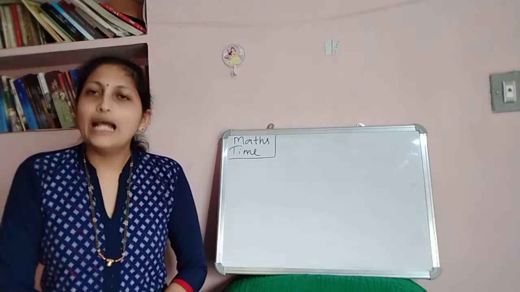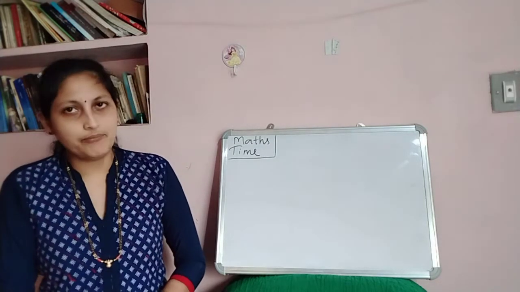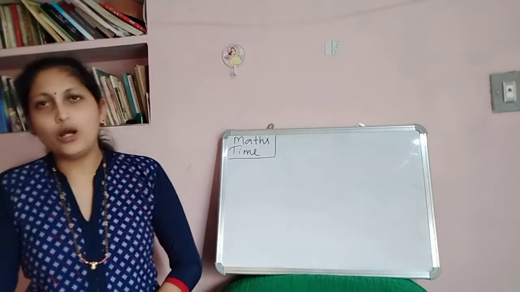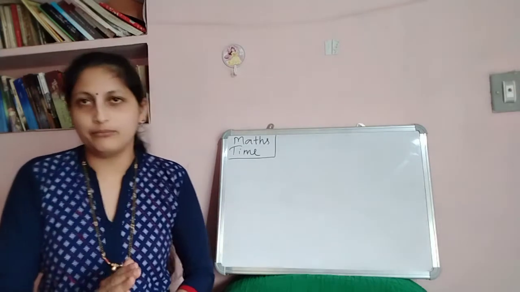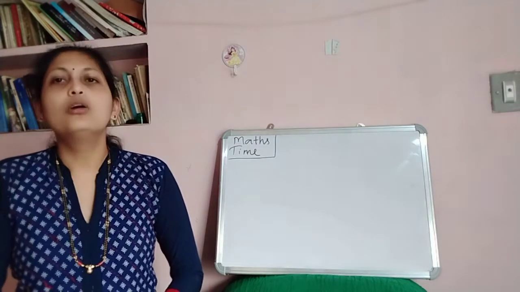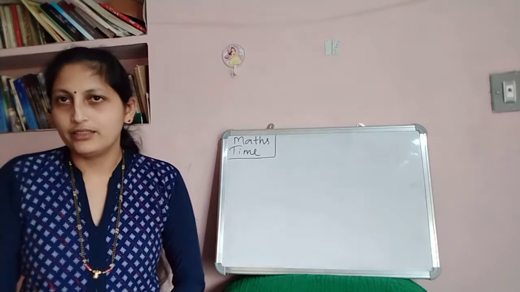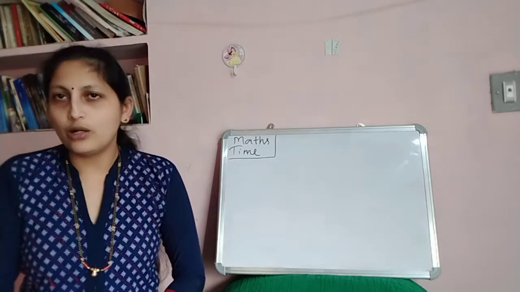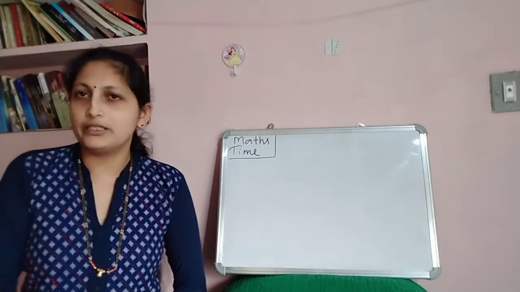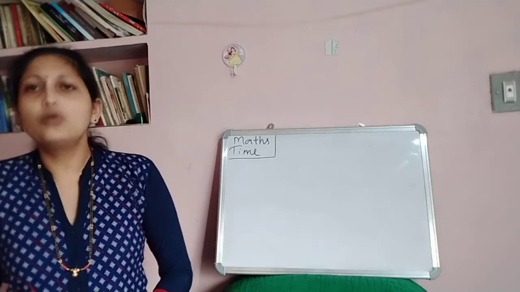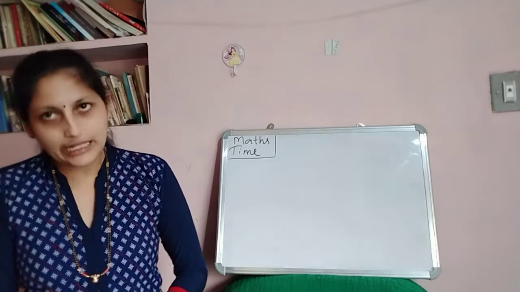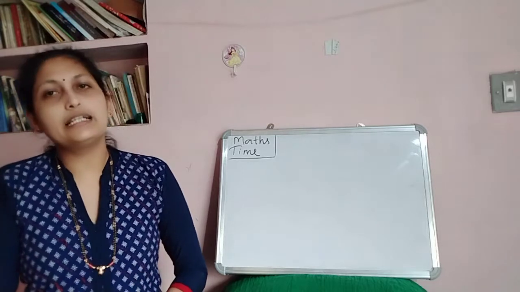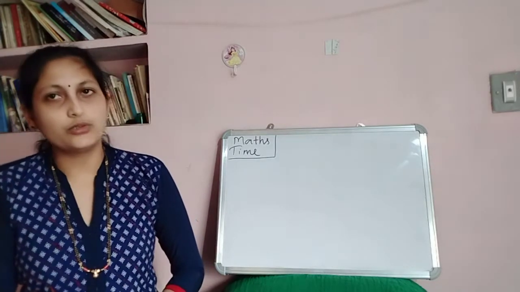So who will help you to say this time? That is the clock, isn't it? By looking at the clock, you will come to know the actual time of that hour. So a clock tells us time. You have seen clocks. You will have clocks at your house. You will see clocks at the bus stand, railway station, hospitals and many more places, isn't it? So clocks help us to see the time. In this class, let us learn to read and write the time by looking at the clock.